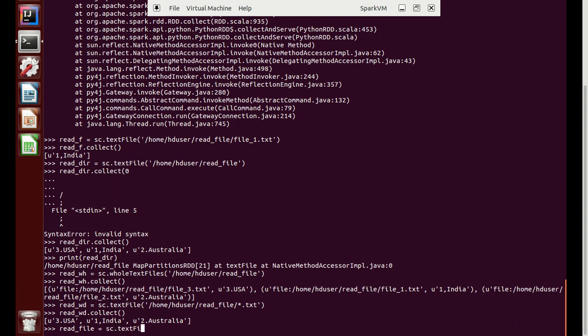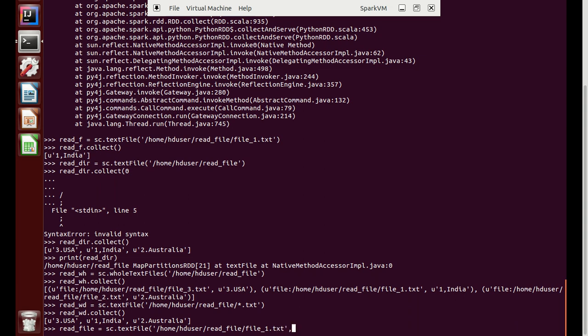We just need to provide the file name: home slash hduser, our folder name, read_file, the directory we have created, and file.txt. We'll provide this.